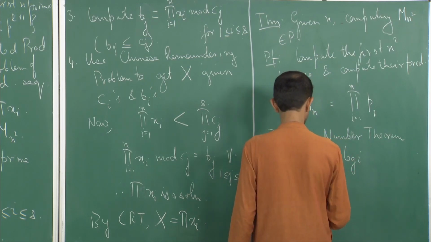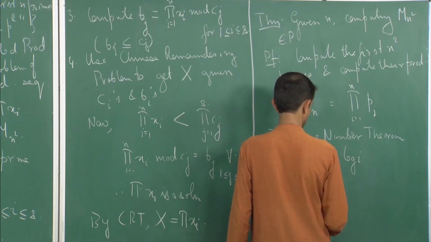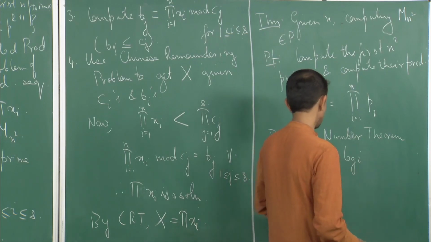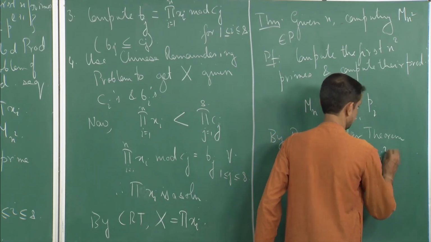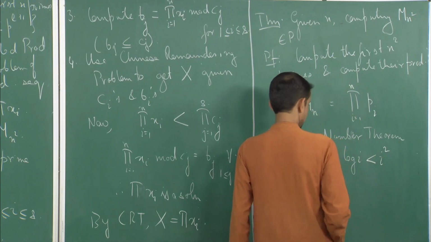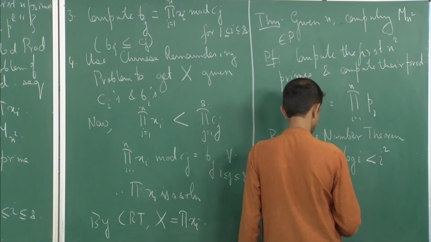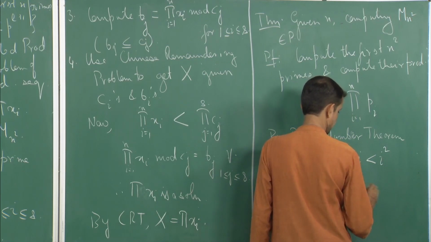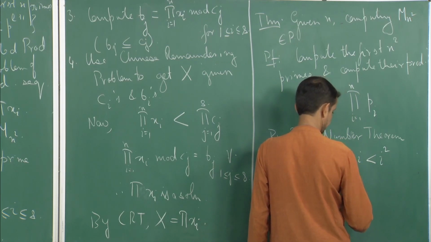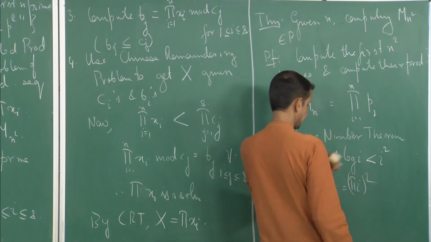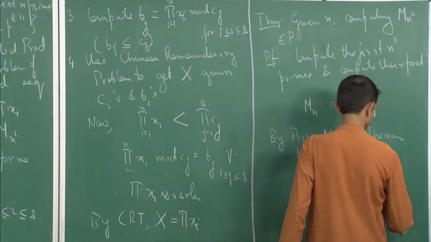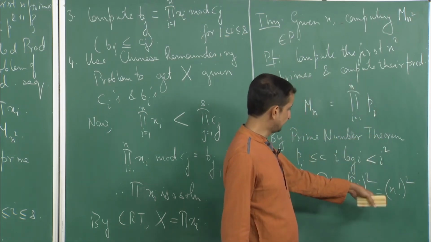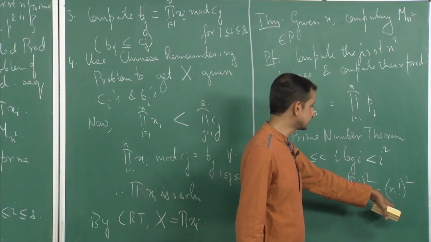Okay. So therefore, let us say it is i square. I log i is of course less than i square. So I can write the product of p_i's as the product of i whole square, i going from 1 to n. So this is n factorial whole square, and n factorial is of course less than or equal to n